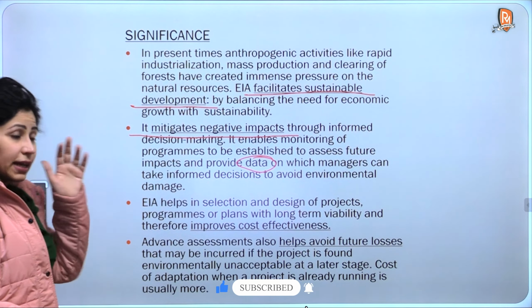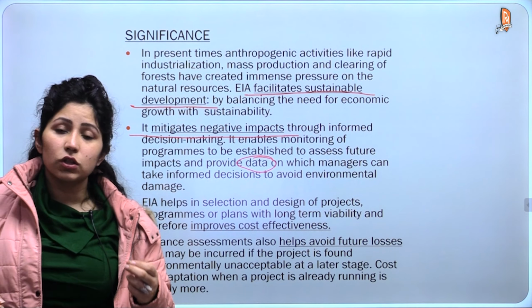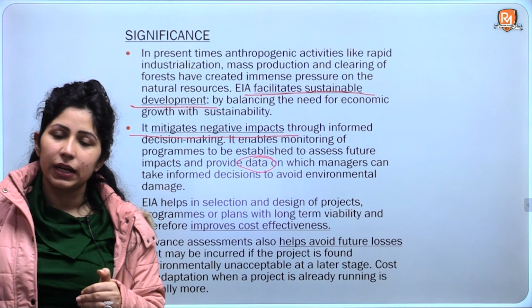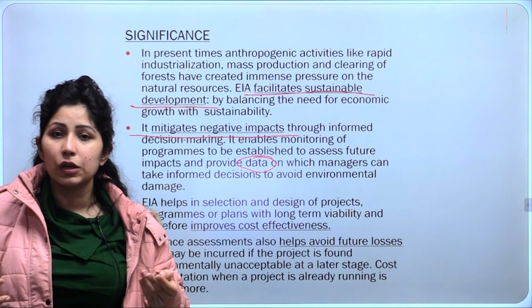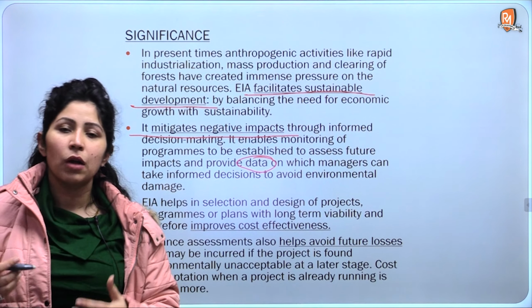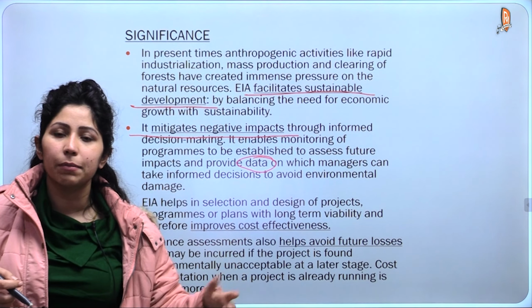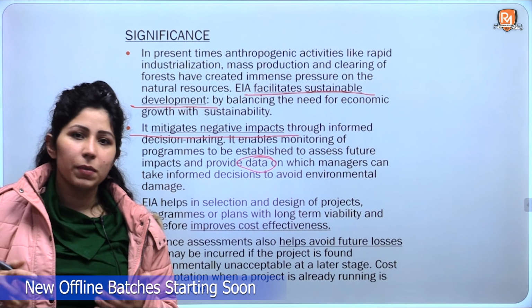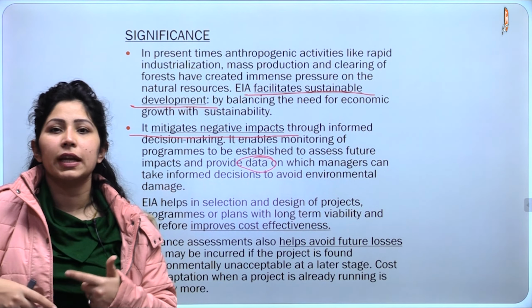The third significance is about cost effectiveness. It does not just benefit the environment or local communities, but also the people who are building the project. For them also the cost of projects comes down, the economic cost and the social cost. What if a project is started, the government starts to build a dam, but there are riots happening, there are protests happening. So the government has invested the capital, but because of the protest, the project cannot develop further.